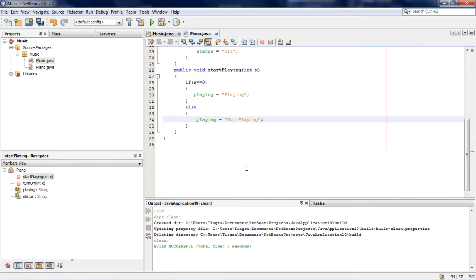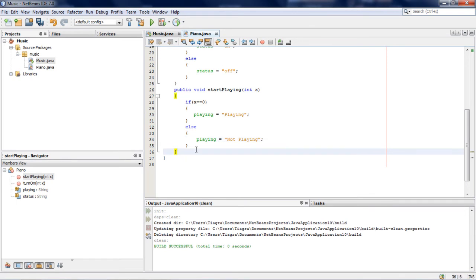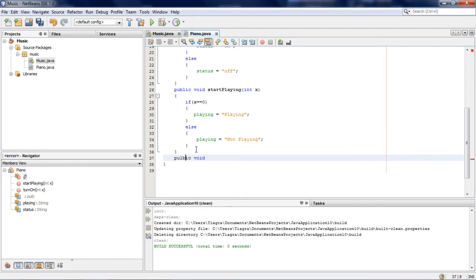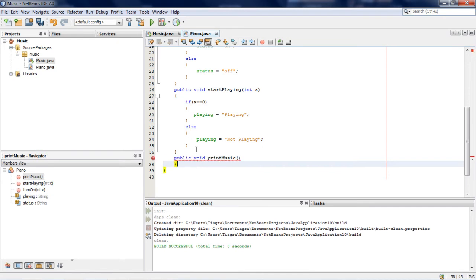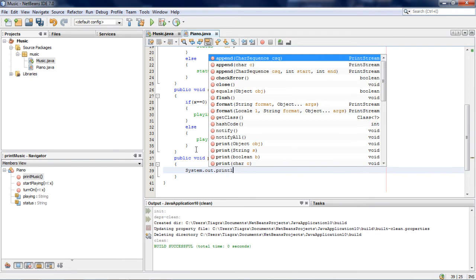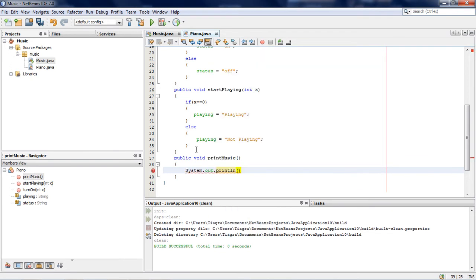Now we want it to show up on the screen. So we're going to give it one more behavior. Public void, oh, spelled it wrong too. Public void printMusic. Let's go ahead and curly braces. Say system.out.println, and we're going to say status